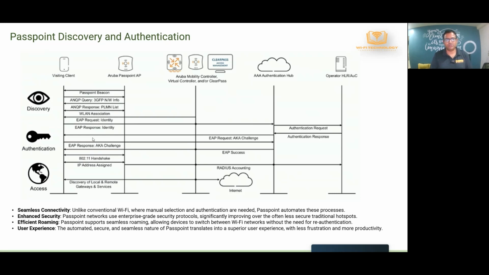So the discovery process is where you look for the beacon, and then you do the ANQP query, ANQP response, and so on. After that, there is a .11 association, and once the .11 association is done, you initiate the EAP handshakes, and you can do SIM-based authentication. There are two methods here, EAP-SIM and EAP-AKA. So you use the EAP method to authenticate with the RADIUS server, and then the server also has to authenticate with the carrier network, because remember that the authentication is not with the RADIUS server,